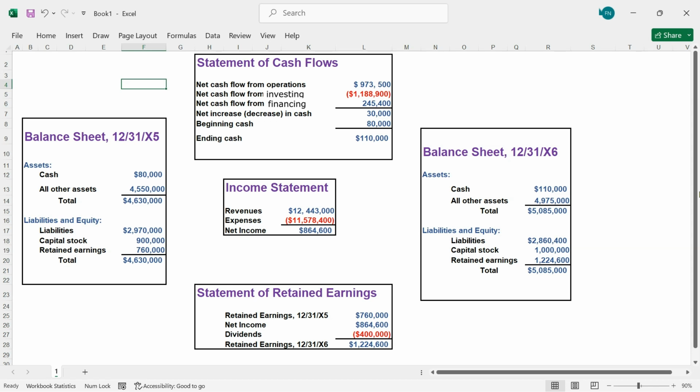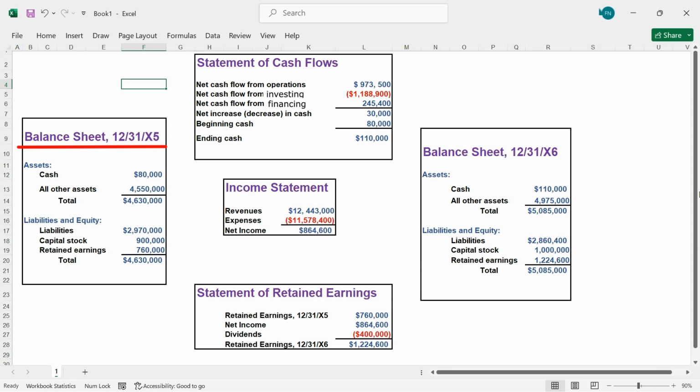This is just a different manifestation of this diagram that I've been using to solve these prior two problems. But I want you to take a look at it, and I think you may find it helpful in really pulling this all together and understanding not only these changes, but also the base purpose of the basic general purpose financial statements. You'll notice here in this diagram that on the left-hand side we have a balance sheet